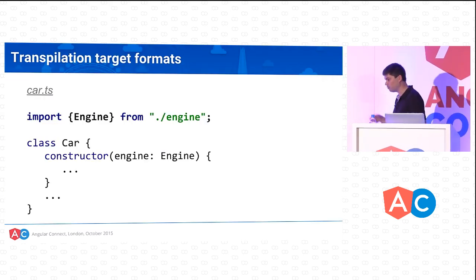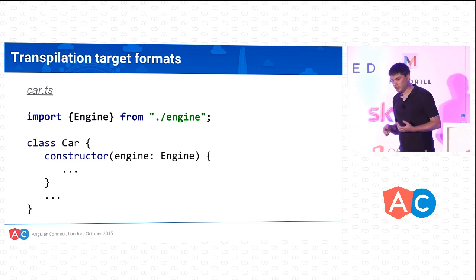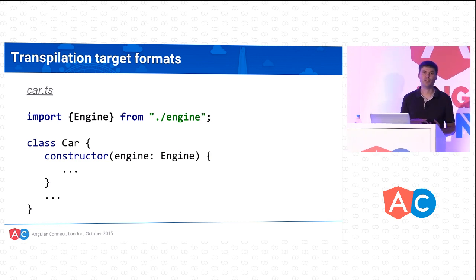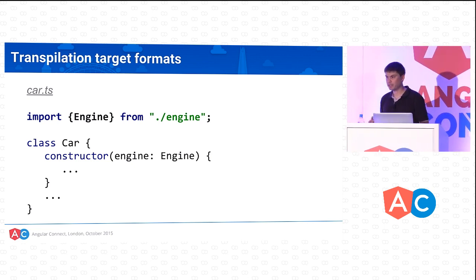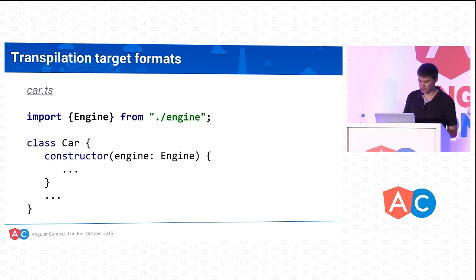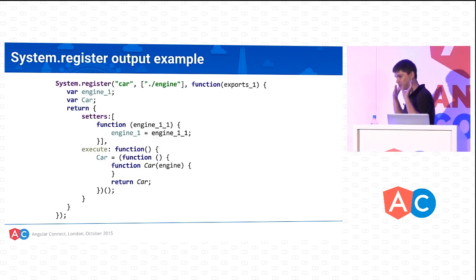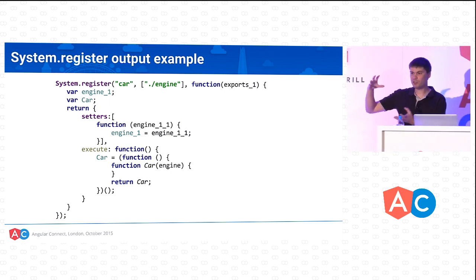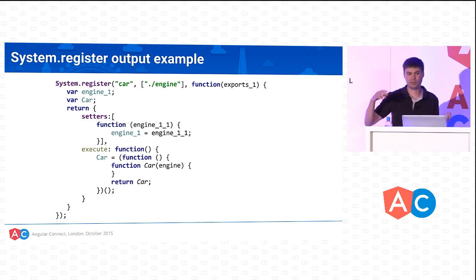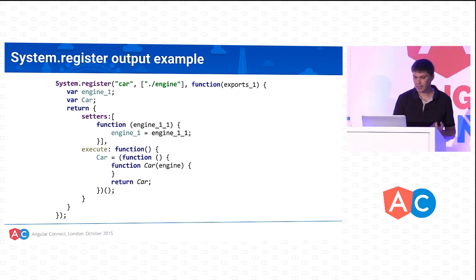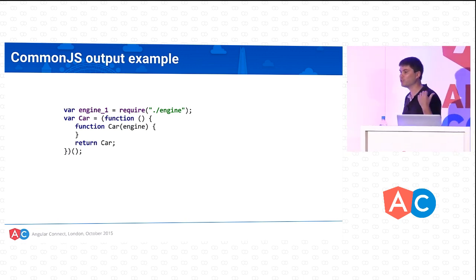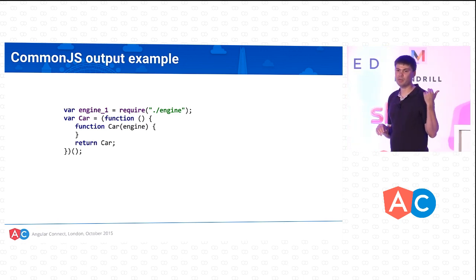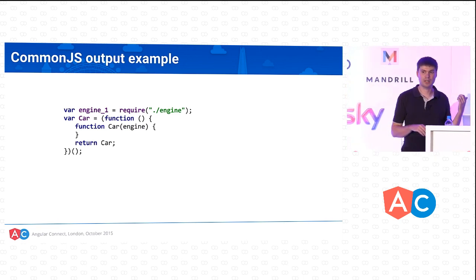Now, remember our simple class, the car that takes an engine. I started by saying that there are two possible transpilation formats, either CommonJS or System.register. Let's look at examples of the transpiled code. Once again, I don't want you to read it or remember it. This is not something you would write by hand, but it gives you a feel for the overhead of the format. As a comparison, there is the CommonJS output, and you can see it's much more concise. It probably also looks more familiar because this is what you've been using in other projects.